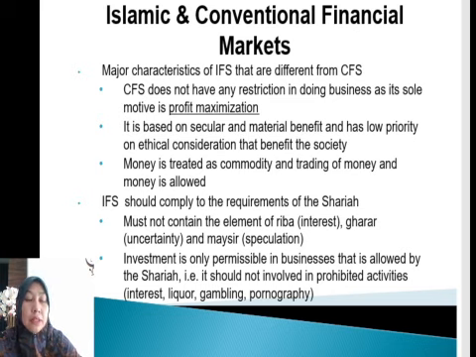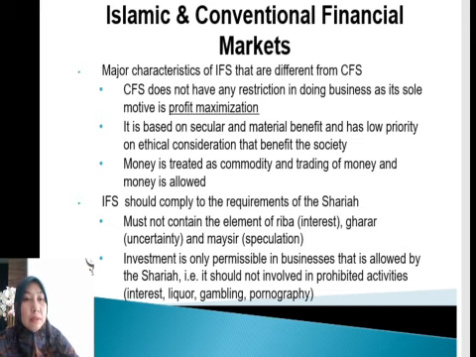So everything that is offered in the market, the business practice, the product that they offer must comply with the Sharia. The main source for the Islamic financial system are the Quran and Hadith, and the secondary sources like Ijma and then Qiyas. Whereas the conventional market doesn't have primary sources like us. They just refer to the man-made law, the law that they have.